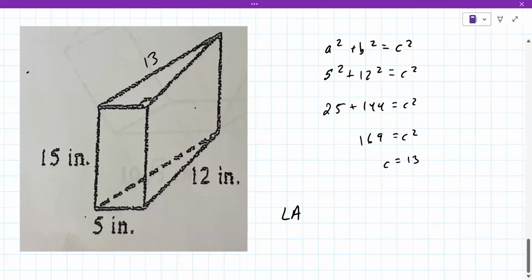15 times 5, 15 times 12. So for this one, I would only have one 15 times 5, correct? That's right. But I would have two 12 times 15. No, there's one rectangle on the front, one on the right, and one on the left. Yeah, so that would be